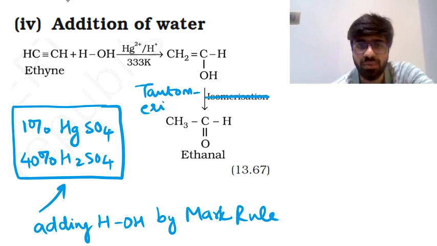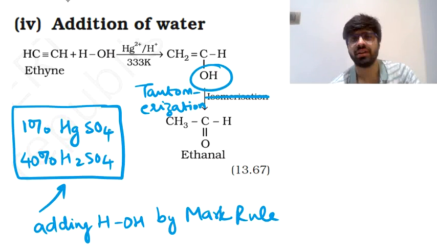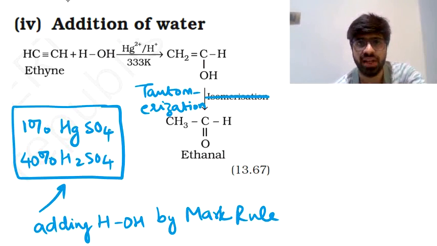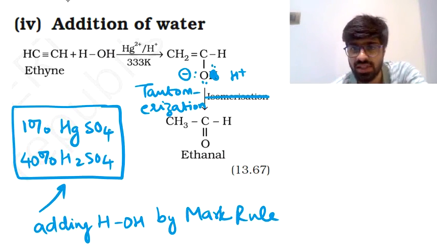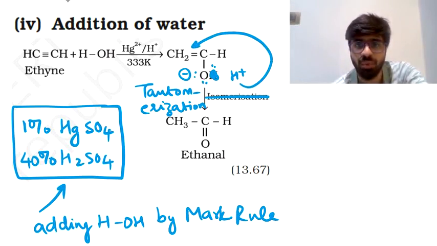So tautomerization means, see, the OH bond is polar enough, or let's say oxygen atom is electronegative enough to take the shared pair of electrons with hydrogen towards itself. So oxygen will take away the electron pair with itself. H will come out as H plus, and oxygen will gain a negative charge here because of the pair of electrons that it has taken. H plus will attack the double bond here, and it will take away the pi electrons of that bond, and it will form a bond with this carbon atom.